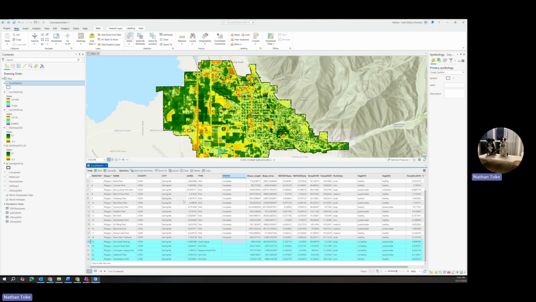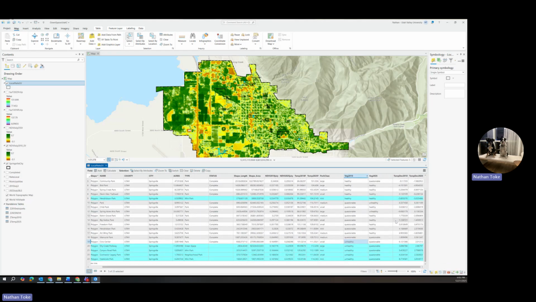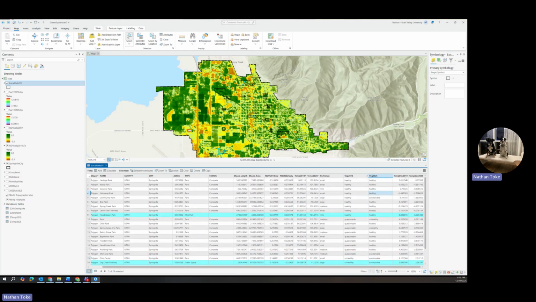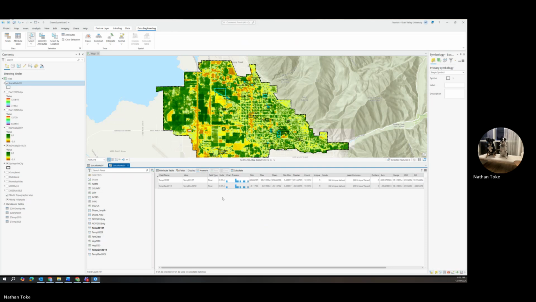Okay, what benefits does this green space provide us? So if we look and sort ascending by healthy and questionable and unhealthy, and then if we look over nearby the healthy parks, if we just highlight healthy parks and then look at the temperature statistics, oops. So yeah, so of the 9 that we have,